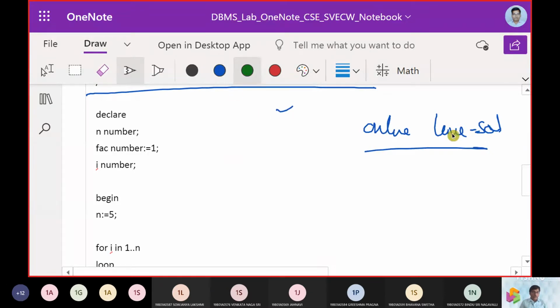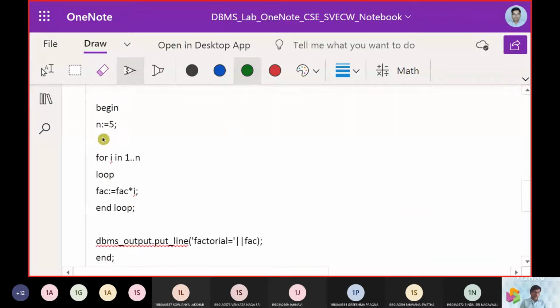So we will use the same. Declare number fact is equals to 1, int I, then we are giving value n is equals to 5. So now it is showing the loop, and we are computing the value with fact is equals to fact into I. So what is going to happen? The first step, you can tell, is I is equals to 1. So 1 into 2.